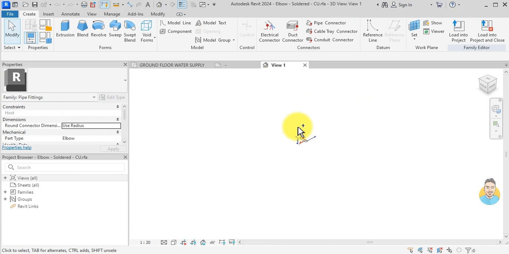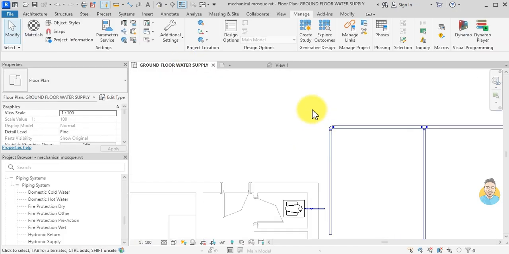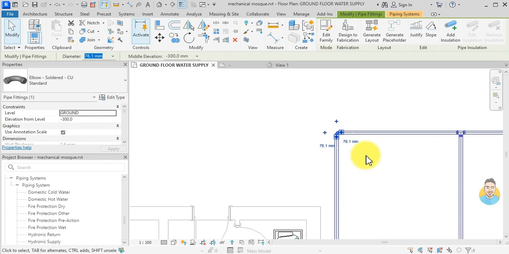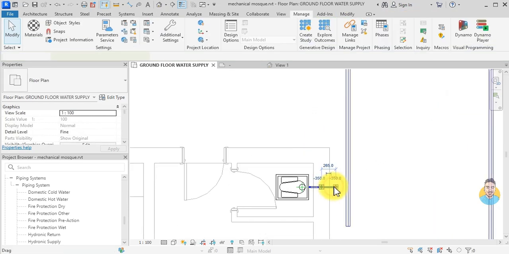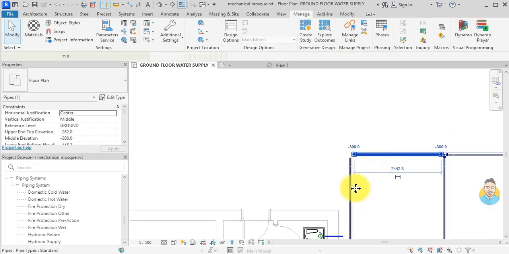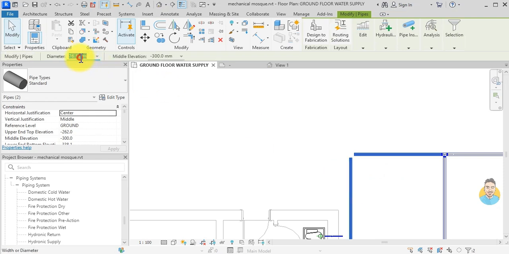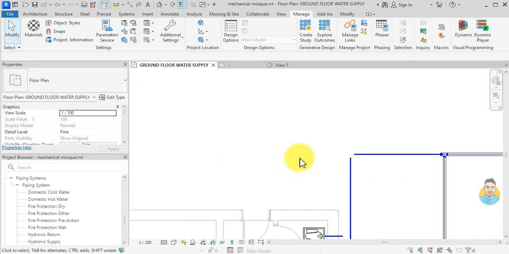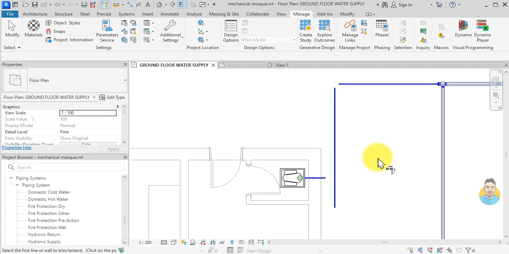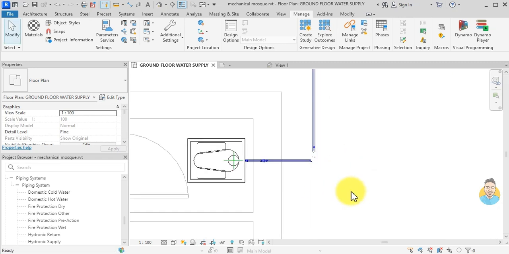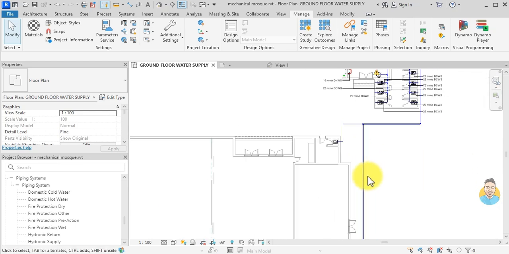I did something wrong. Turn back to my view, delete, and I want it to have the same diameter, which is 22. Escape, and then TR for trim. I want to trim it like that and trim it like that. And go here,